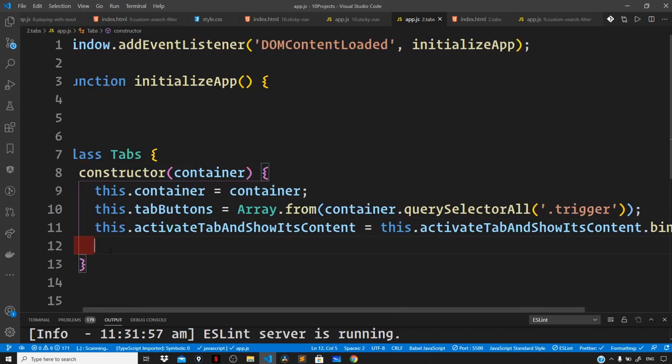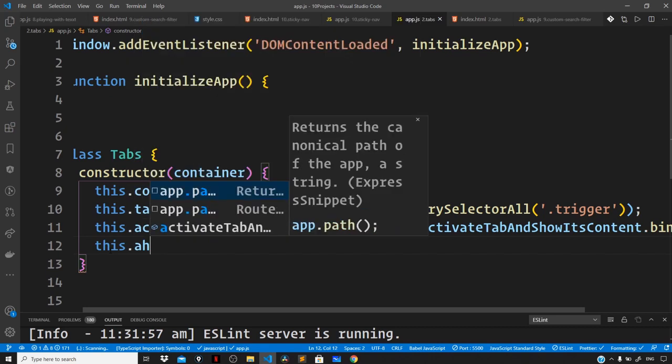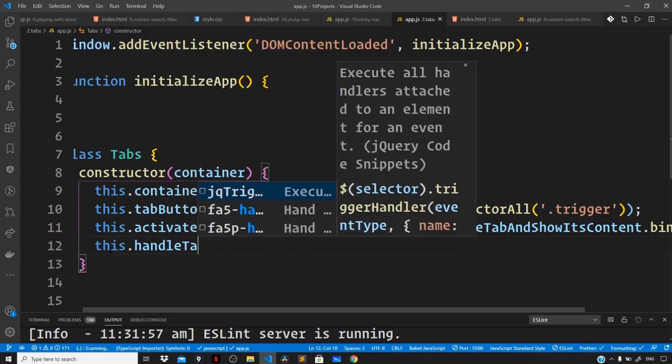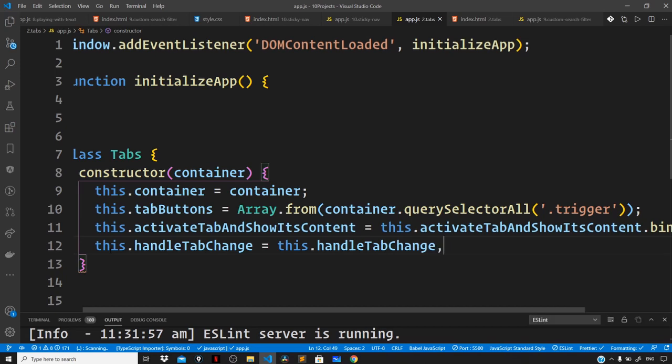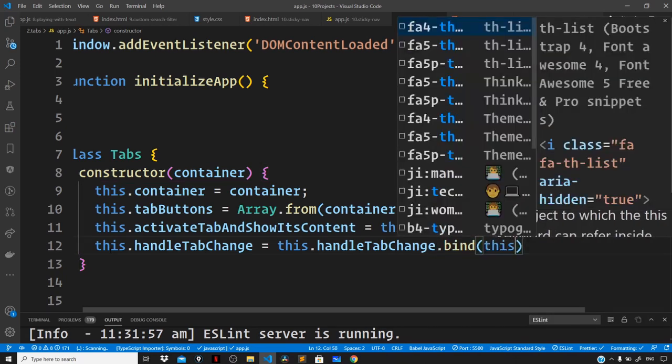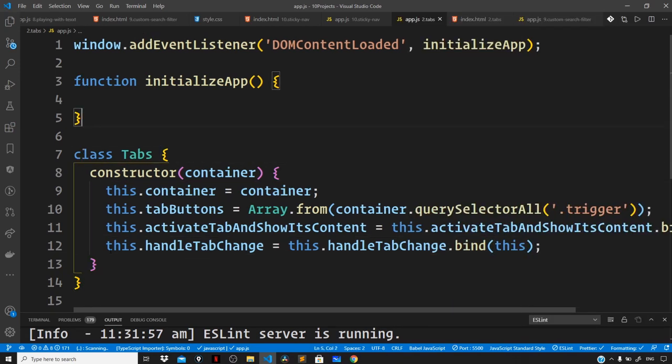Finally, we need one more method to handle tab change. So once the user presses the tab key that we have on our keypad, we want to switch from the current tab to the next tab. So for this, we can have a method handleTabChange, this.handleTabChange, and bind it to the class like this. So let us go right within our initializeApp function and create a new instance of the Tabs class